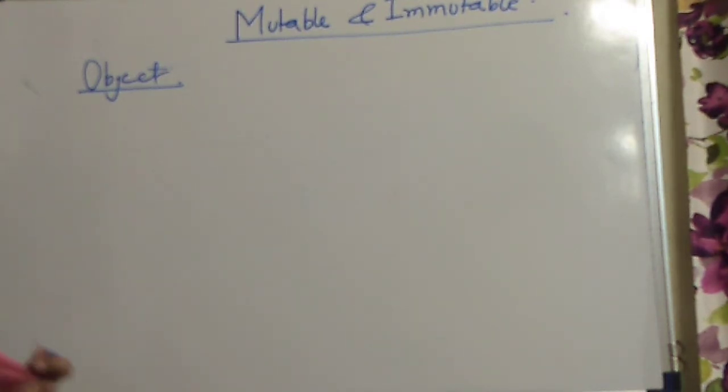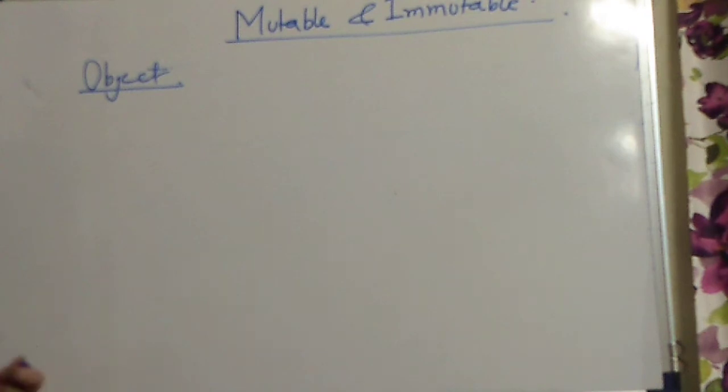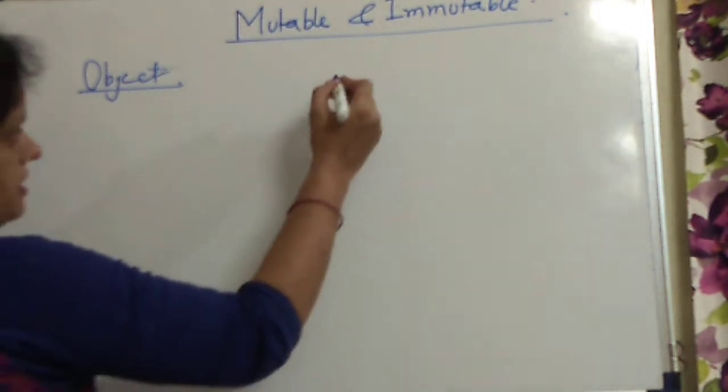In Python, all the variables, all the values when we are storing, are treated as objects. I have already told you that and I am always mentioning it. Today I am going to tell you a fact about memory organization: how this data is stored in the memory and how it is referred from the memory. Now let us see.